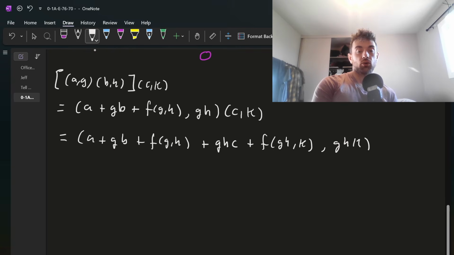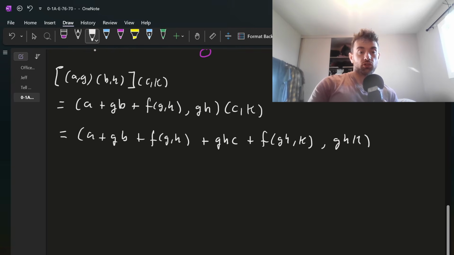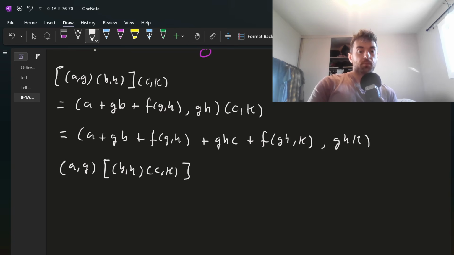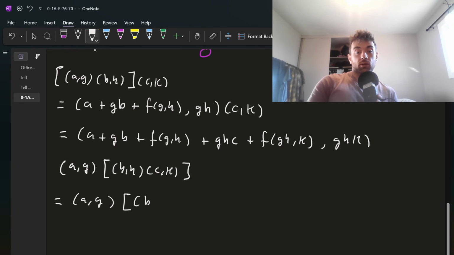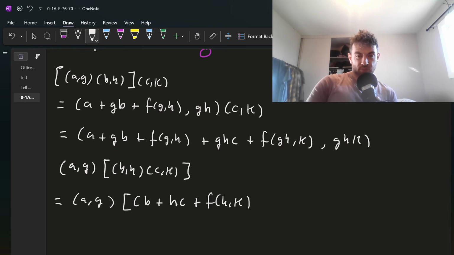Okay, and so if there's any hope of this being associative, this had better be equal to AG times BH times CK. And now we simply carry out this multiplication. So we get AG times B plus H acting on C plus FHK, comma HK,